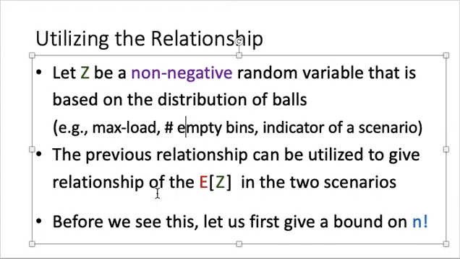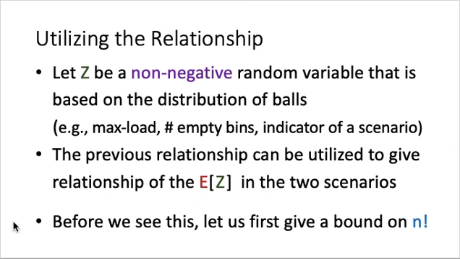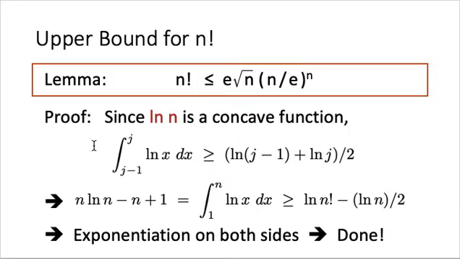But before we do the interesting result, let us first introduce a simple bound on n factorial. We claim that n factorial is less than or equal to e square root n multiplied by n over e to the power n. The proof is based on calculus. First of all, we notice that log of n is a concave function as n increases. So if we integrate from j minus 1 to j the function log x dx, assuming that j is a positive number